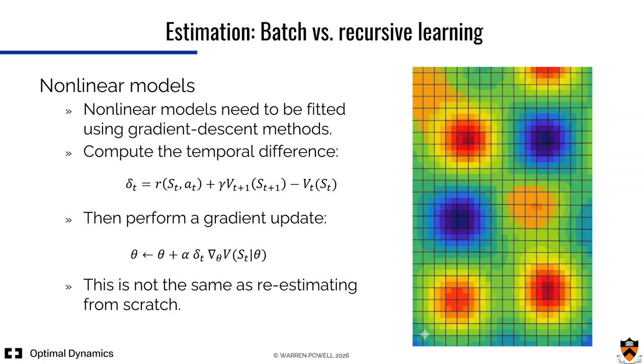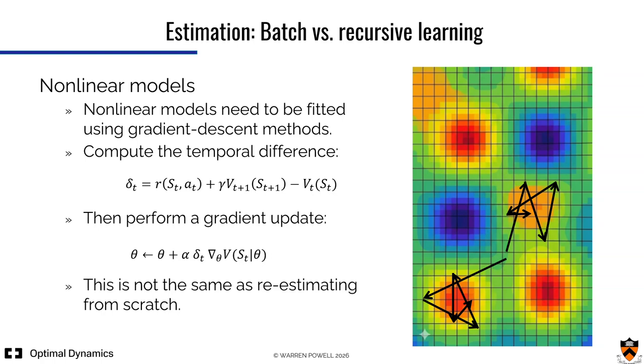Now, nonlinear models get tricky. With nonlinear models, we're trying to minimize the least squared errors, and this turns out to be a non-convex optimization problem. So if I have some starting point, and I happen to start at that one location, the search algorithm will trend toward a local optimum. If I start at a slightly different point, I might end up at a totally different local optimum. So what we do is we update these with gradient updates. Now, by the way, this is how we update neural networks. This is how we do any nonlinear estimation. Once we go to a model that's nonlinear, and again, I emphasize nonlinear in the parameters,